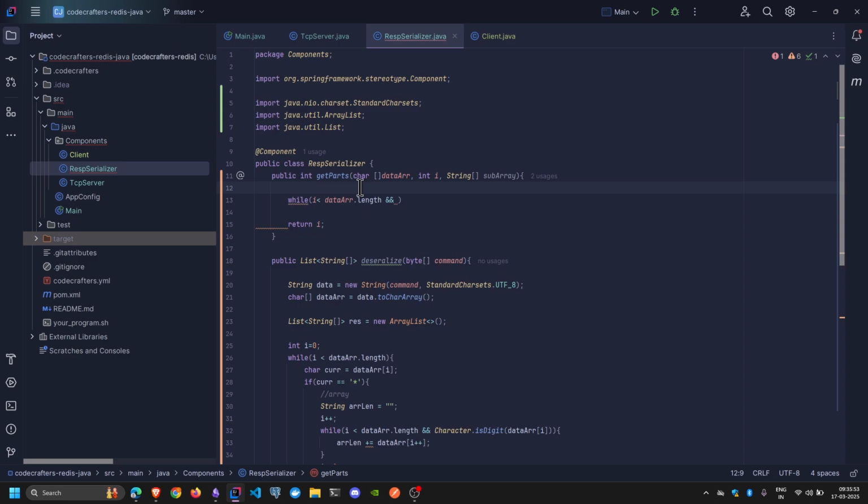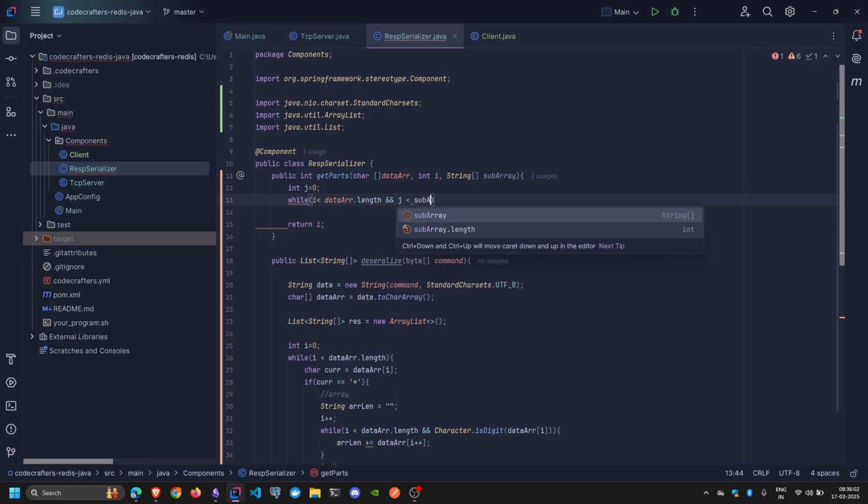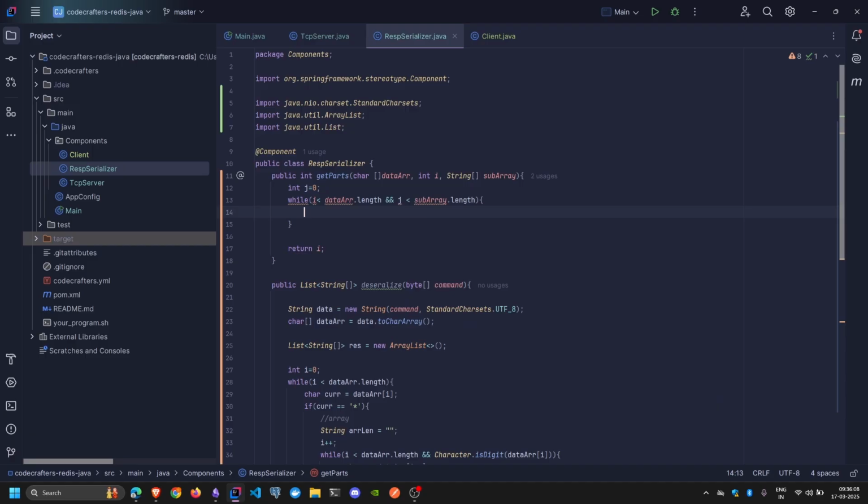So let's create another pointer that will be less than subarray dot length, because that's how many words are going to be in my command. And okay, so if data array of I is equal to